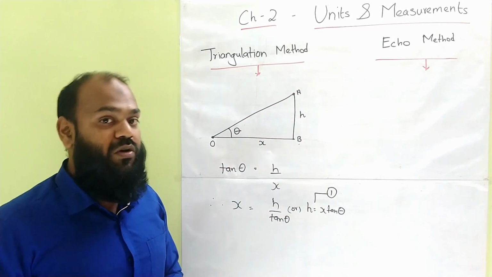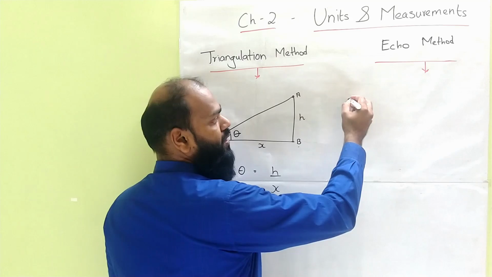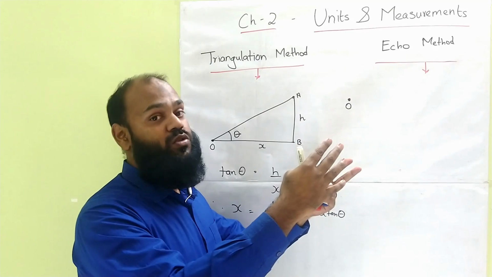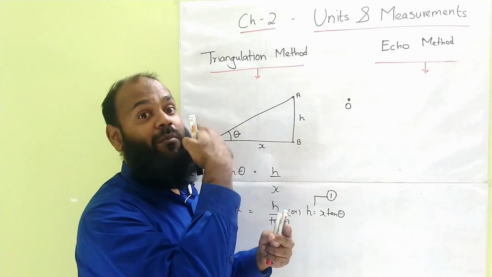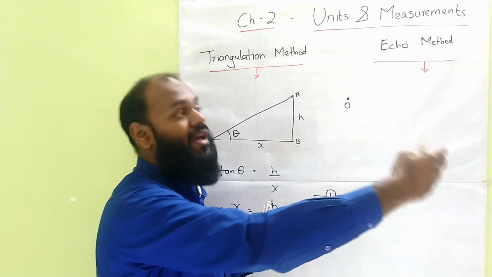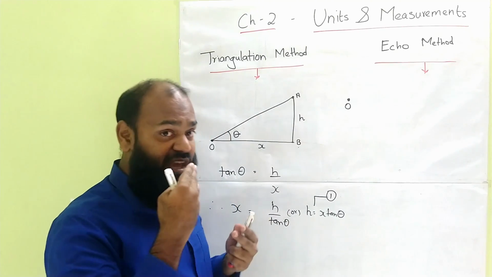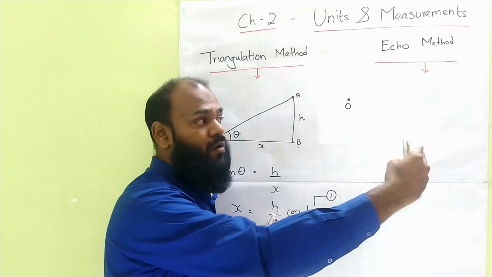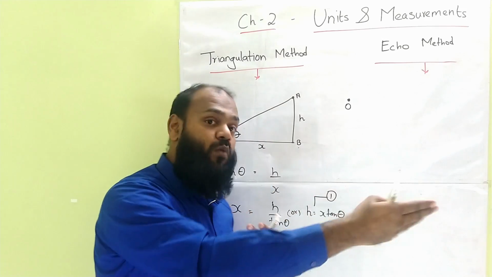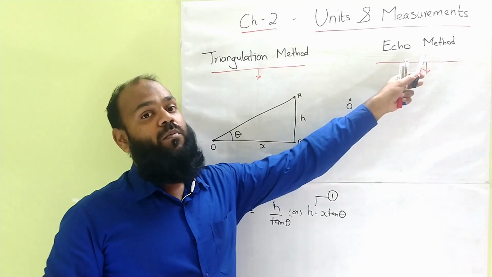The echo method is a bit interesting. How do you find the distance of an inaccessible object? It's pretty interesting. Let us assume a point O. What is an echo actually? When you shout in a closed room, for example, the voice will come back. When you shout, your voice goes far, hits the wall and returns back to you. This is what you hear as an echo. Your sound waves travel from your mouth, hit the wall and return back. If the wall is farther, it might take more time to return. So that's how the echo method is involved.